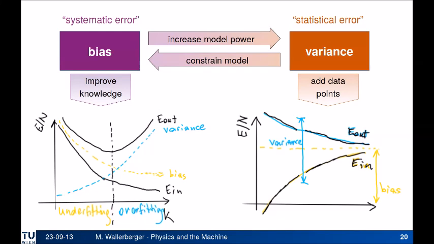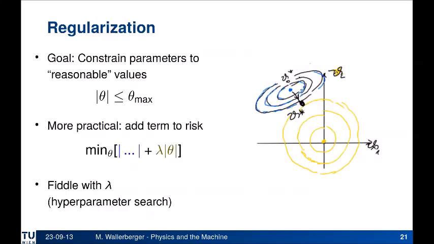Now, in the absence of that, we have one final trick up our sleeves. And that is the reason why machine learning models work, or one of the reasons why they work. And that is called regularization. If we don't have the option to improve our knowledge, and if we don't have arbitrary amounts of data, we can still say, well, the parameters of a model can in principle be anything, and they're usually very poorly determined. But we can say, well, we restrict our models to sensible parameter values,